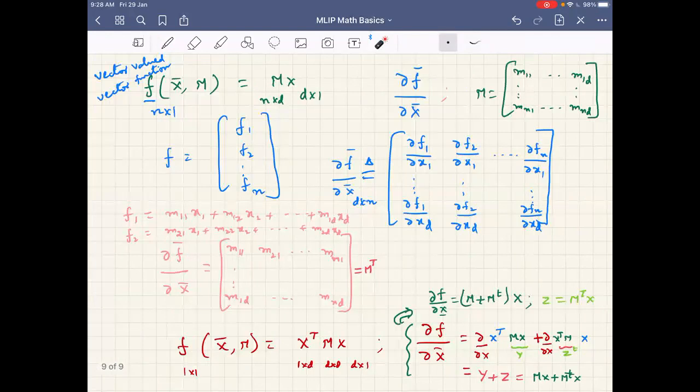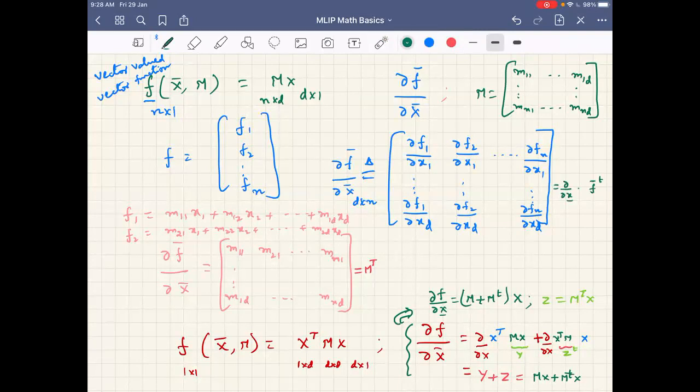Yeah, you can consider it like that. So you are breaking this as dou by dou x bar, a vector, into f bar transpose. Yes, I think you can write it like that. So if we take it as something like this,